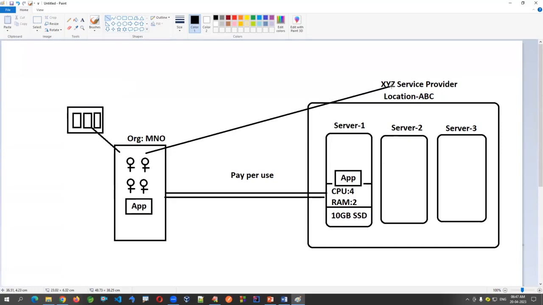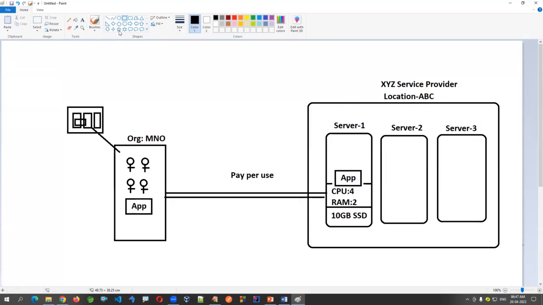If an organization goes and asks some service provider, I want to use your server, this is public cloud. If an organization keeps some part of the application in their own cloud and some part with an outside service provider, in the public cloud, that is called hybrid. They are actually making multiple parts and running them.